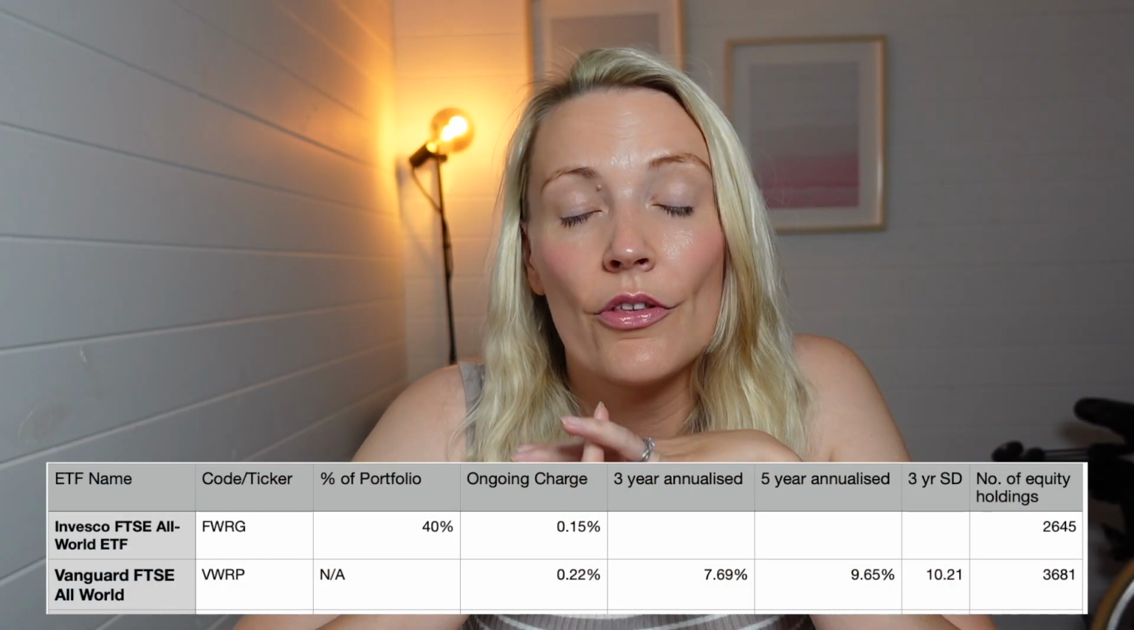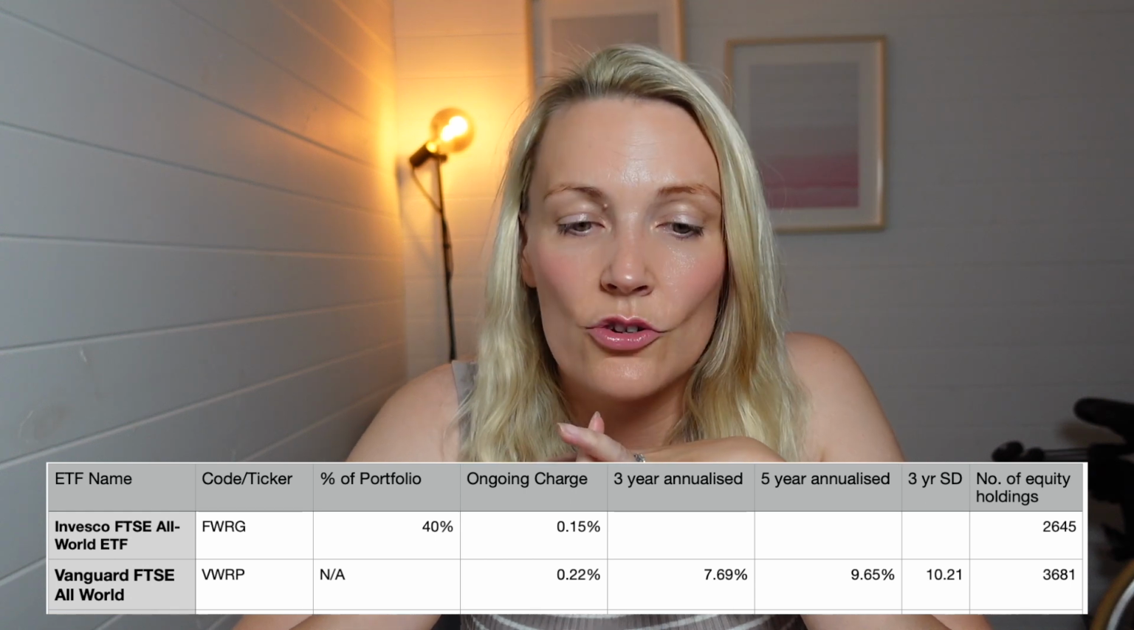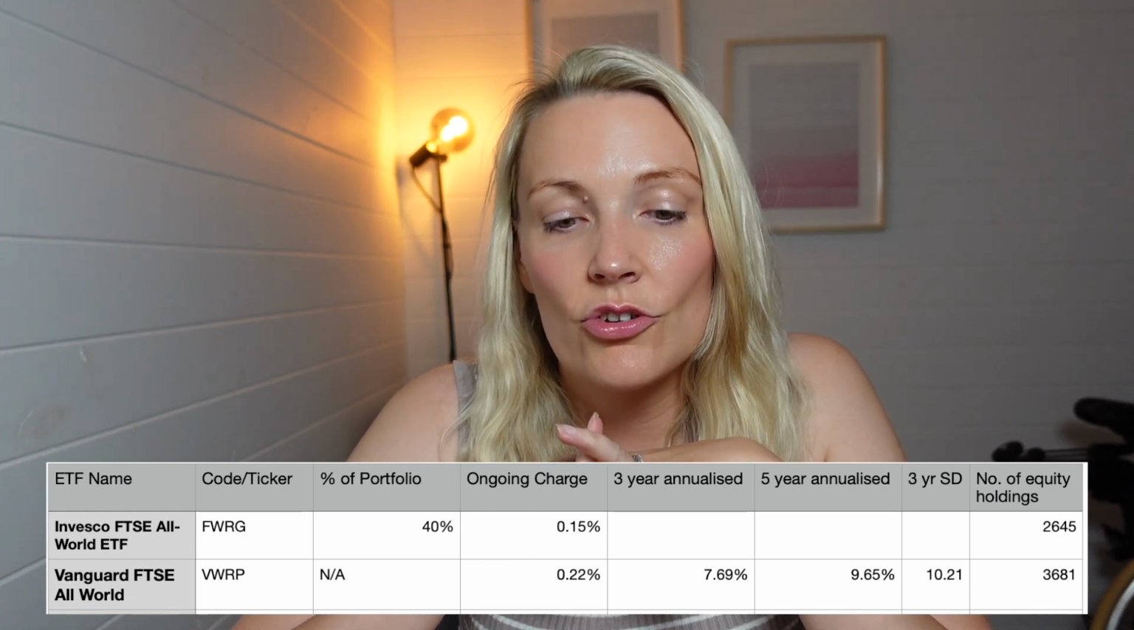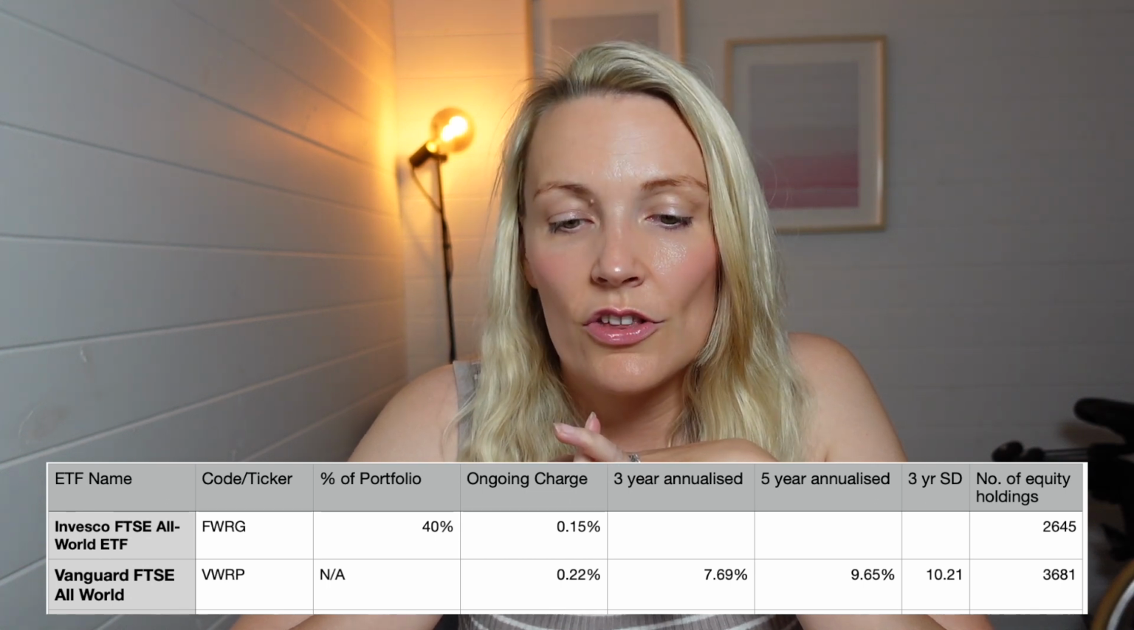As I said, the fees for the Invesco FTSE All World are very low. However, what I will say is it hasn't been established for as long as Vanguard's FTSE All World. So I can't give you 3 and 5 year annualized returns simply because it hasn't been established that long. So I'm going to give you the 3 and 5 year annualized returns for Vanguard's FTSE All World in case you're interested. The 3 year annualized return is 7.69% for Vanguard's FTSE All World,